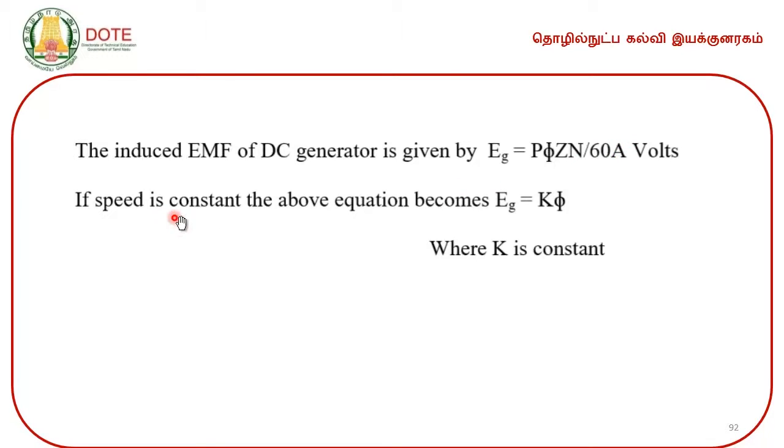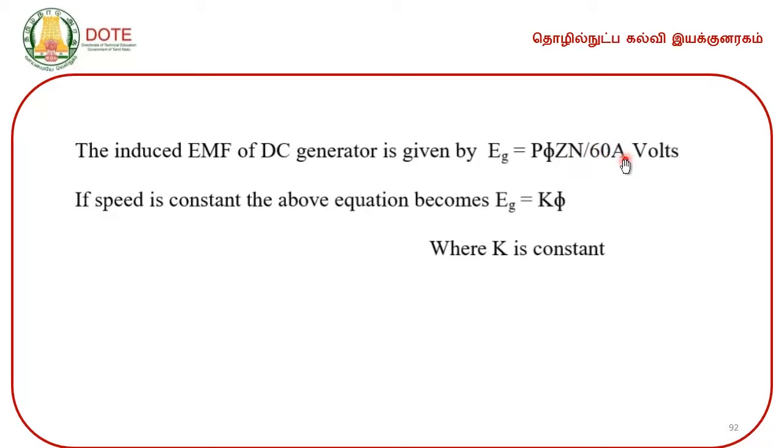If speed is constant, then the above equation becomes Eg is equal to K into phi, because this P number of poles is going to be constant for a given machine, number of conductors will not vary, it is kept constant for a given machine, then speed is also